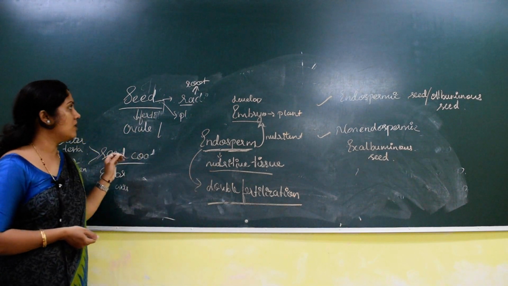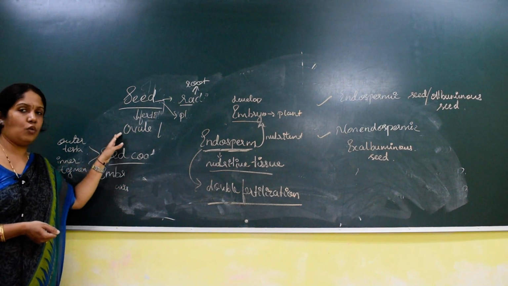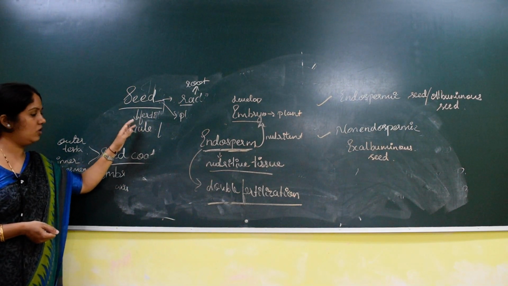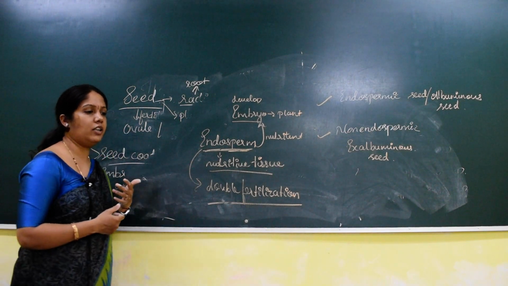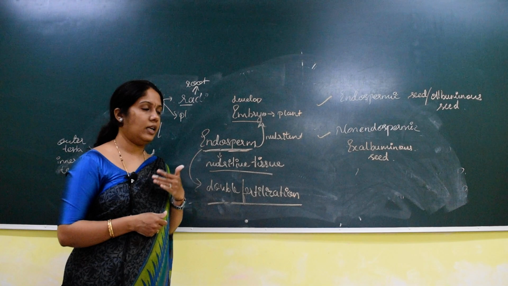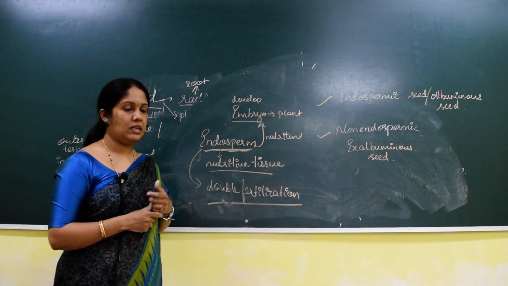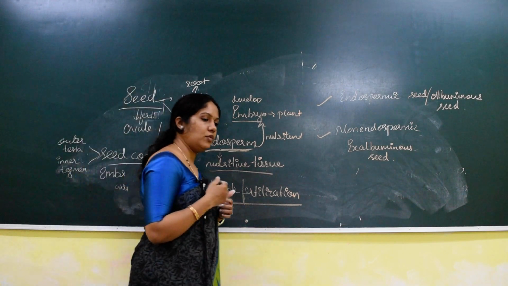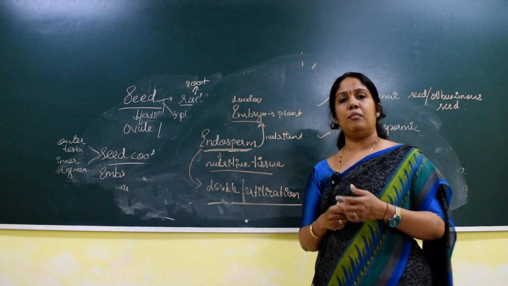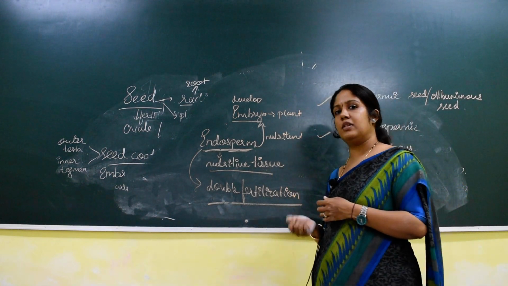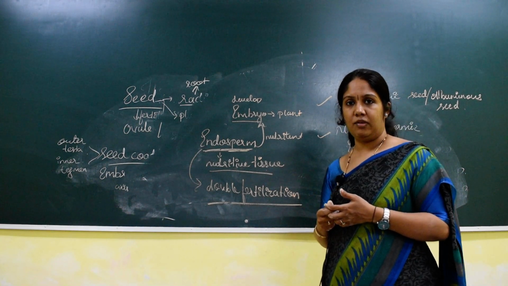So seed is a structure which is developed from the ovule after fertilization. The seed is surrounded by a seed coat. The seed coat is further divided into outer testa and inner tegmen. Next, the seed consists of an embryonal axis, which may be made up of a single cotyledon or two cotyledons. Next, the embryo itself further develops into a plantlet, giving rise to radicle and plumule after